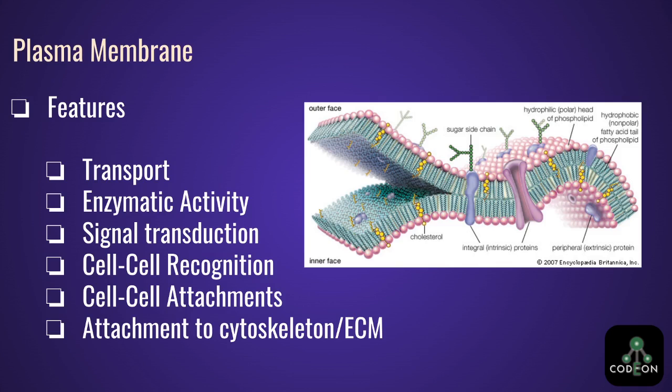This is going to be extremely important when you're taking the AP biology exam, just because the membrane is going to be such an extensive topic with so many different functions involved that it's going to be critical to know the different functions and how structure dictates these different types of functions. So as you can see in this picture, there's going to be lots of different structures embedded within the plasma